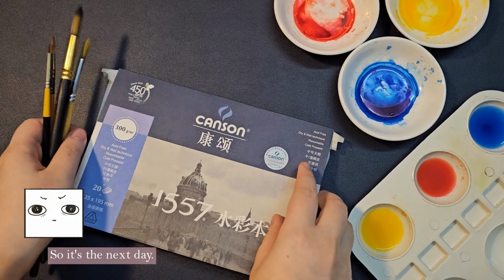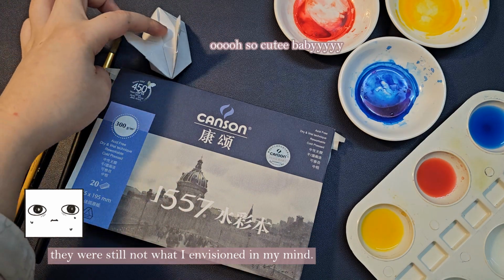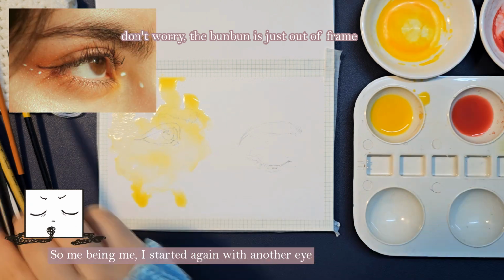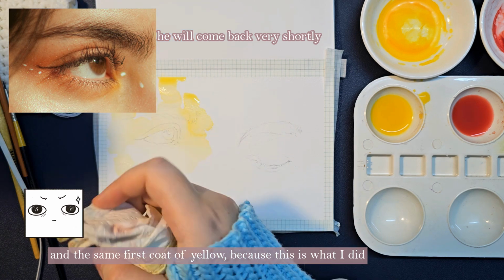So it's the next day, and even though I made something look pretty okay yesterday, they were still not what I envisioned in my mind, which is something I believe is totally possible and achievable, by the way. So me being me, I started again with another eye and the same first coat of yellow,